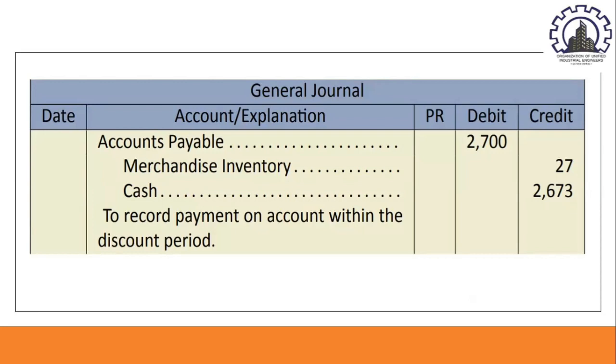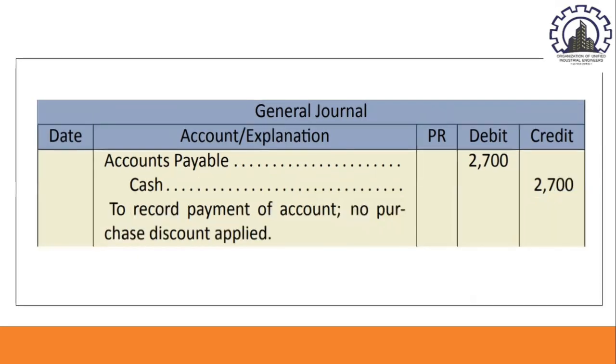So that is why you have their $27 discount. All right. The cost of the vehicle in Excel's inventory records is now $2,673. So that is calculated as $3,000 minus 300 minus 27. If cash payment is made after the discount period, so $2,700 of cash is paid, and the entry would be